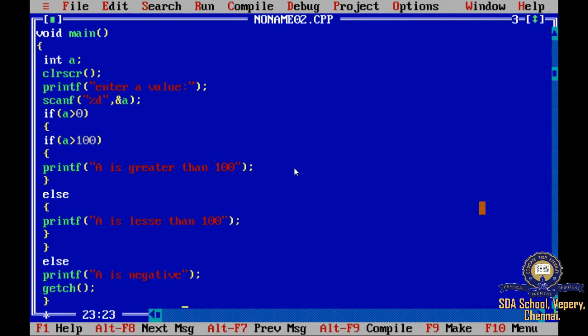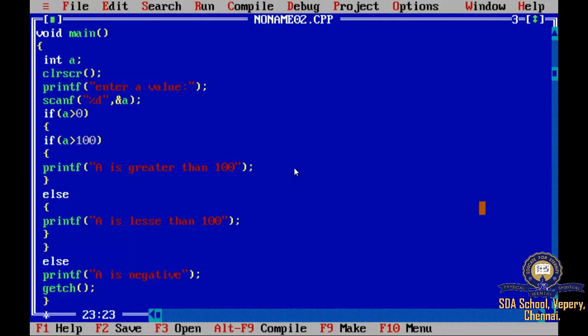So it is Control F9. So I'm entering now 120, it is greater than 100.